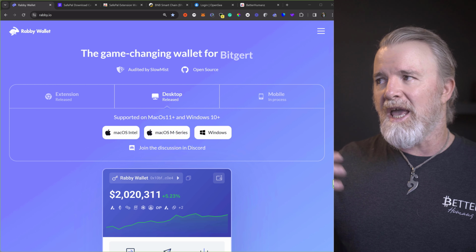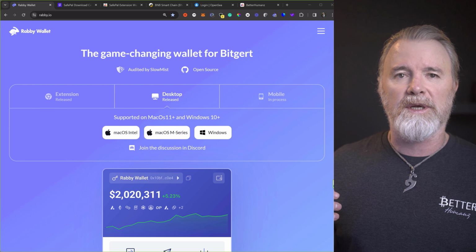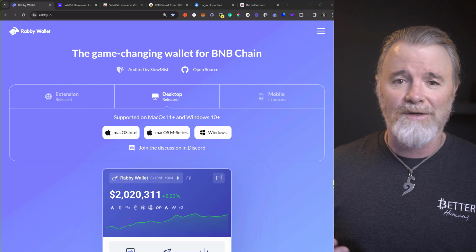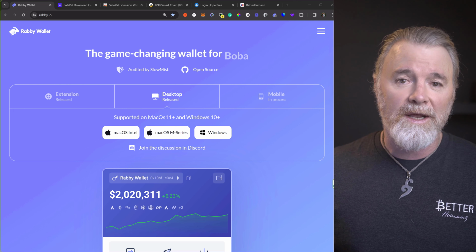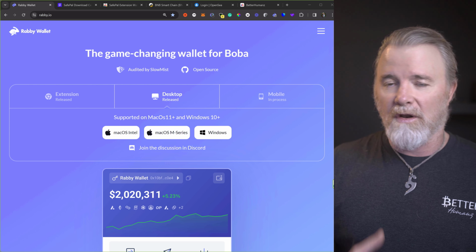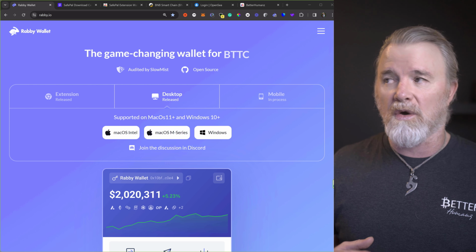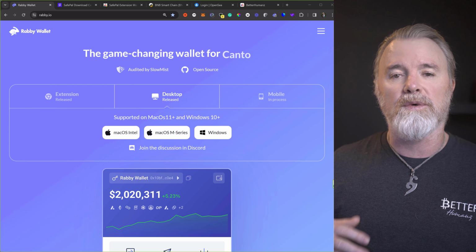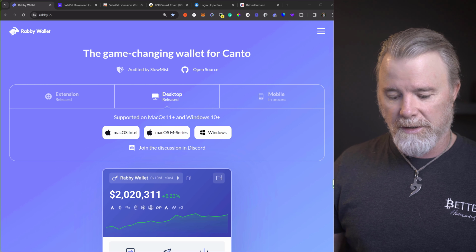So it is a little bit risky doing it like this, but at the same time, everybody is importing seed phrases and private keys on their phones and everywhere. So that's just the way it is. And like I said, I teach the best practices in the course, but this is how I'm going to do it and show you the process. If you want to do it in a more secure way, you can, but this is the process.